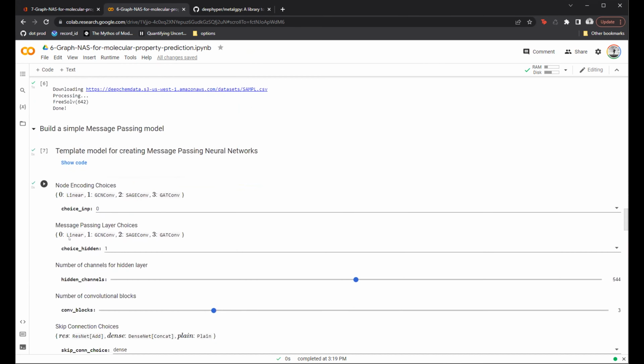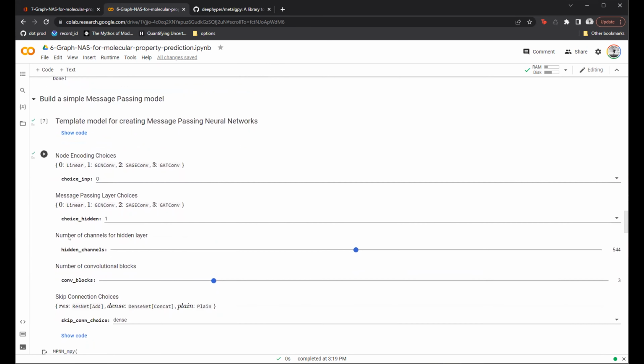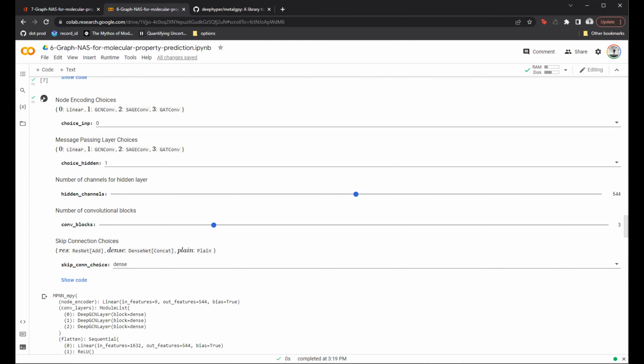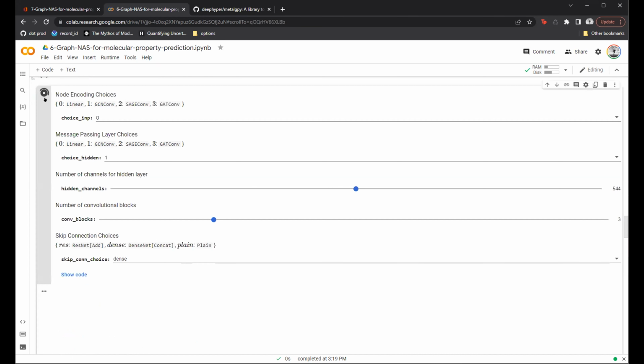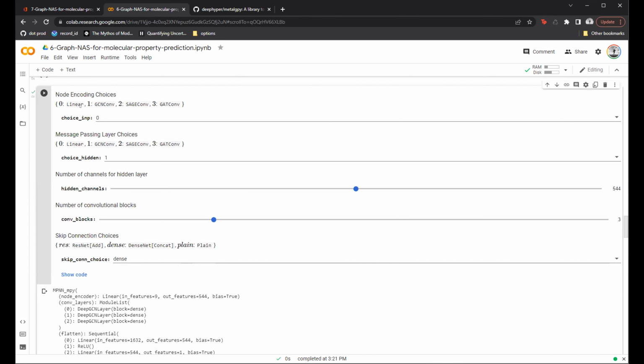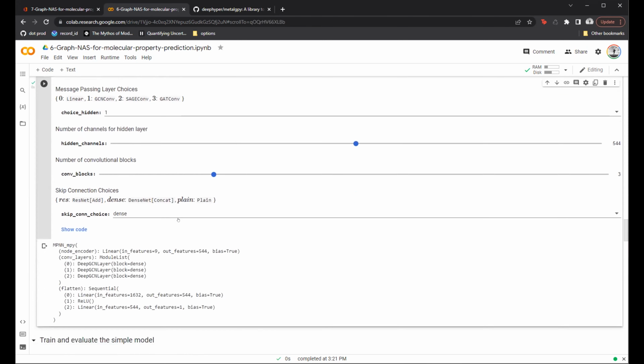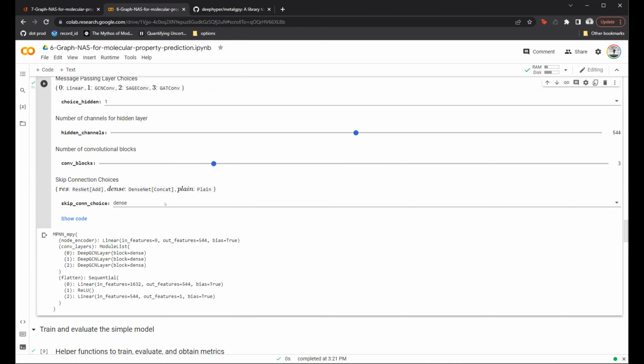I wanted to showcase how, in one of the slides, I showed you how you have an architectural component space and then have an algorithm component space. Now, if I try to run this for a specific choice of encoding the model, for a specific choice of message passing, for a fixed number of hidden layers, for repeating the same convolutional block a number of times, and a specific choice of skip connections, you essentially have a model.